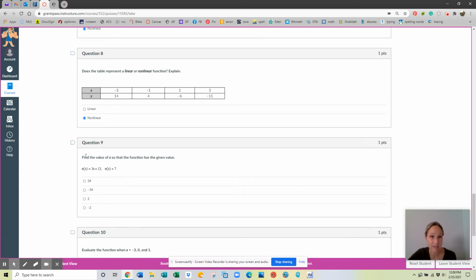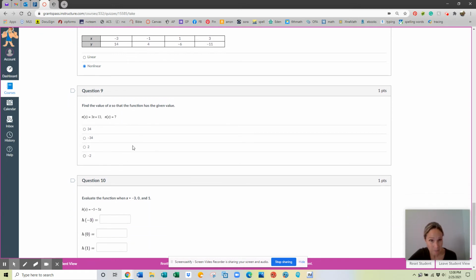Question number 9 says, find the value of x so that the function has the given value. So this one, do not be tricked, you guys. It is not telling you to plug in 7 for x. What it's saying is find the value of x that makes the function 7. So if I were to take this 7 right here,